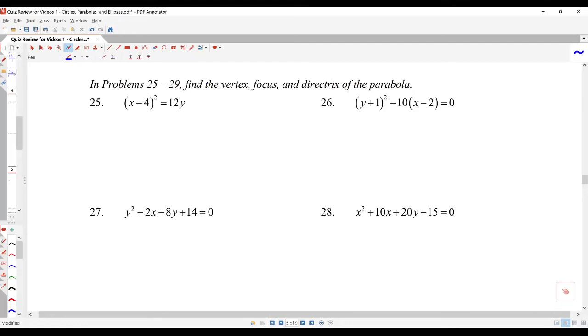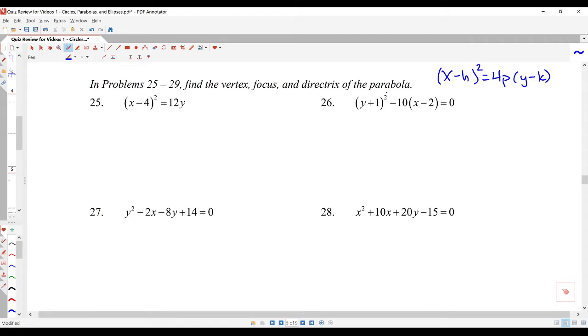Okay, picking up with question number 25, find the vertex, focus, and directrix of the parabola. So the first thing we need to do is get it in that (x minus h) squared equals 4p(y minus k) form. So we want to get the squared term on the left. I want to get the y, the single variable term, on the right. I need to factor out any coefficient, and then I do need to split that coefficient up into 4 times